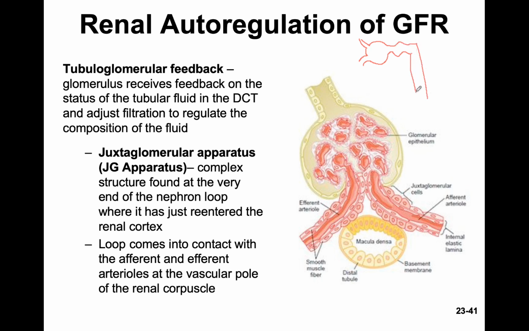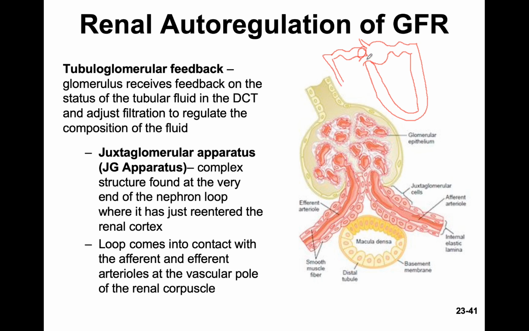Now, normally I would have shown you the loop going this way to the right, but instead in real life, loops of Henle actually curve back and they kind of find their space in between the afferent and the efferent arterioles, right over here. And then it goes down into the collecting duct